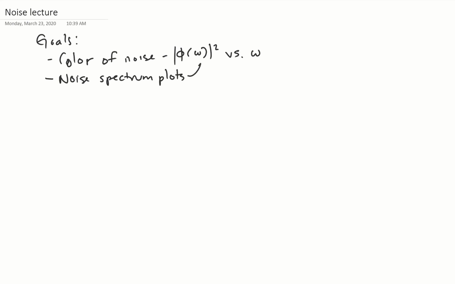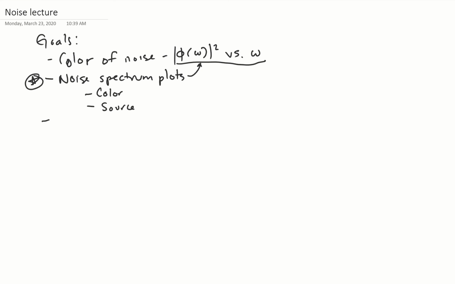So again, this is making these type of plots of the power spectrum of the noise versus frequency. And you should be able to do this in terms of the color of the noise or the source of the noise. So I'll put a little star next to this one because this will be important both in, as you guys have been working in Lab 4, but also in Quiz 4 as well. This will be an important point.